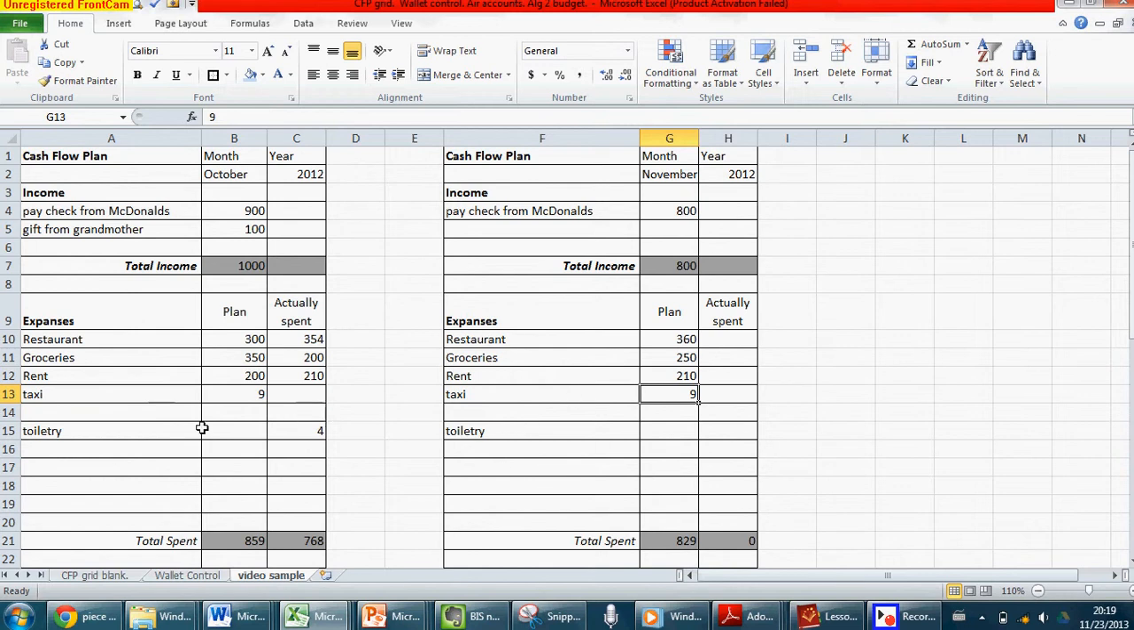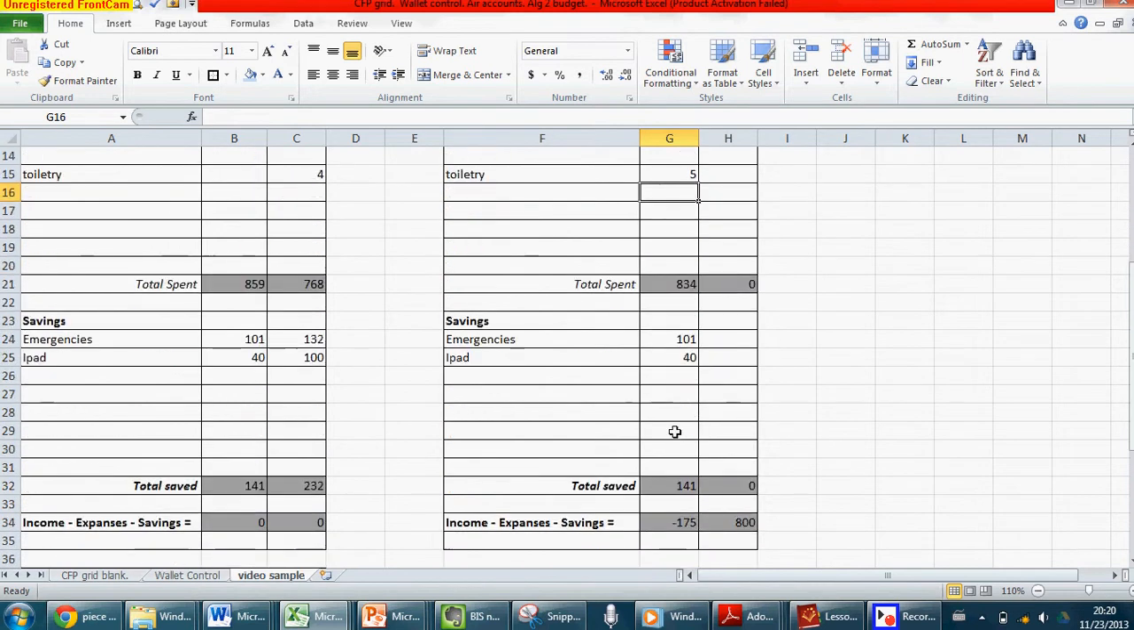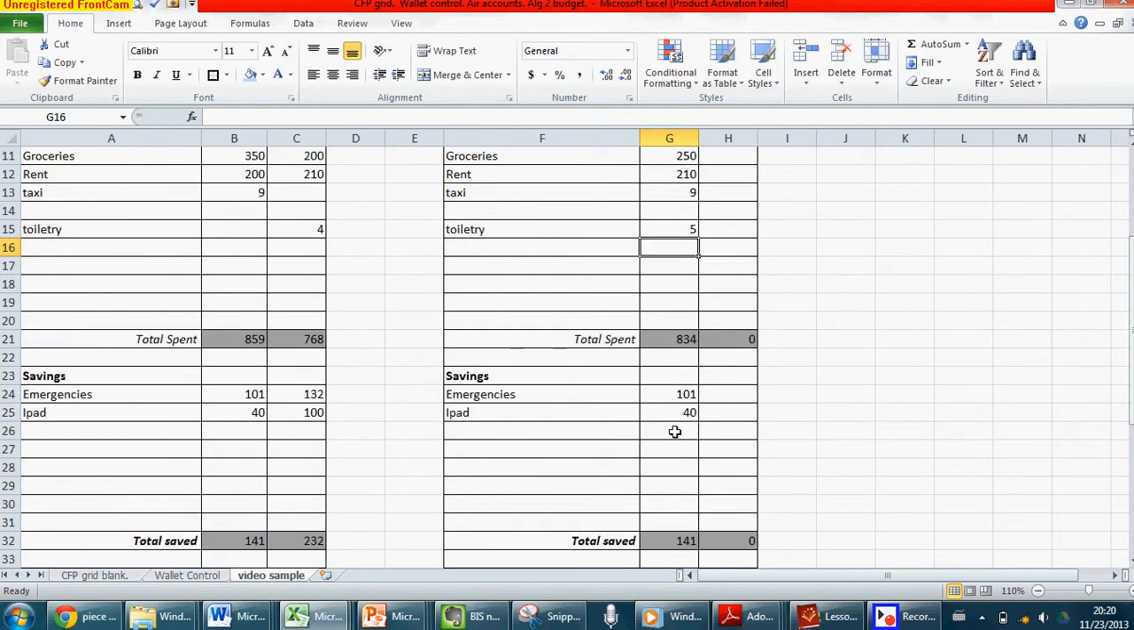So you've got to make these little adjustments here. And here, for example, there's toiletry. Well, I didn't plan anything for toiletry. It's zero, but I ended up spending money. So I should plan something for toiletry. So maybe $5. And then once I do that,